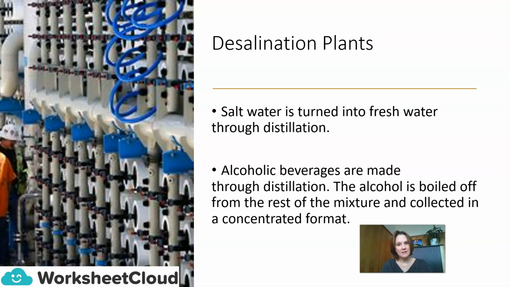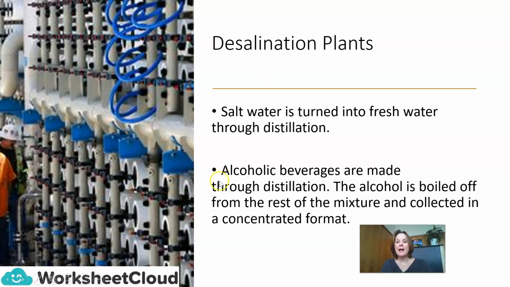Okay, a very expensive process, but it can be done. So basically, salt water is turned into fresh water through distillation. We first take the solution of salt water, evaporate it, it goes through the process of condensation, and we are left with pure water. The salt crystals are left